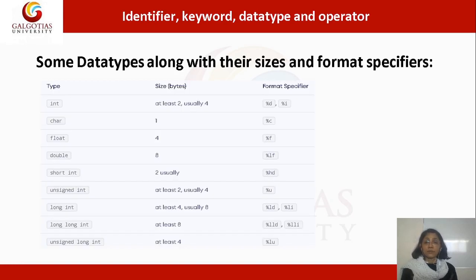Now, this is a list of some data types, their sizes, and their format specifiers, which you have to specify while writing printf and scanf statements in C programming. You need to remember this. For example, integer size is 2 and the format specifier is